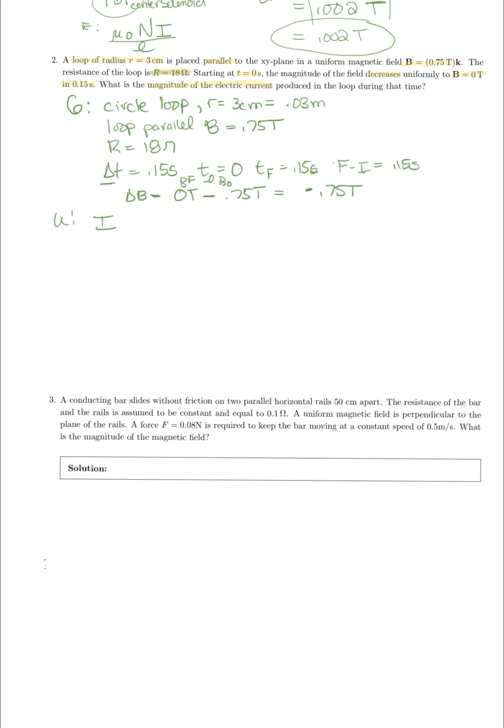So what are we given here? We're given resistance. We're given change in time. We're given that we have a loop of a circle that has this radius, and also that it's parallel. So if it's parallel, you're going to be talking about something that has to do with angle. So there's going to be some type of angular thing going on in here. And then you have your resistance. So if we're talking resistance, we can remember that we have the equation